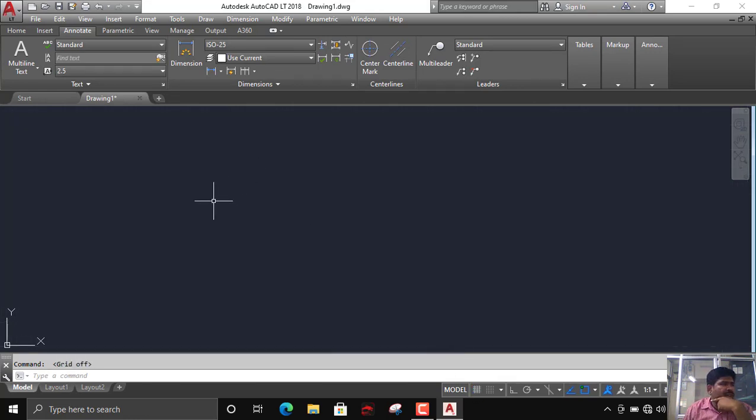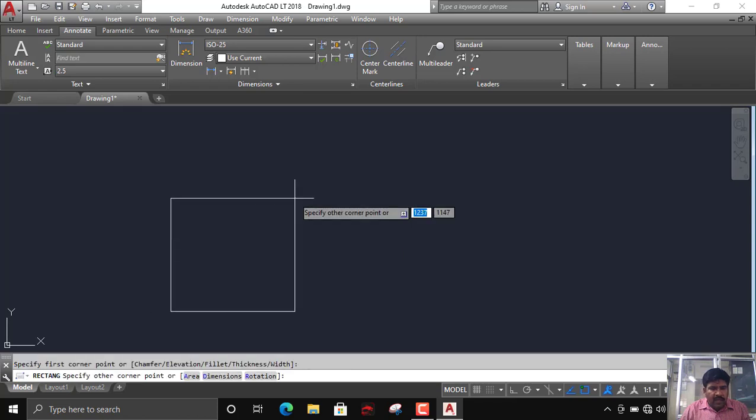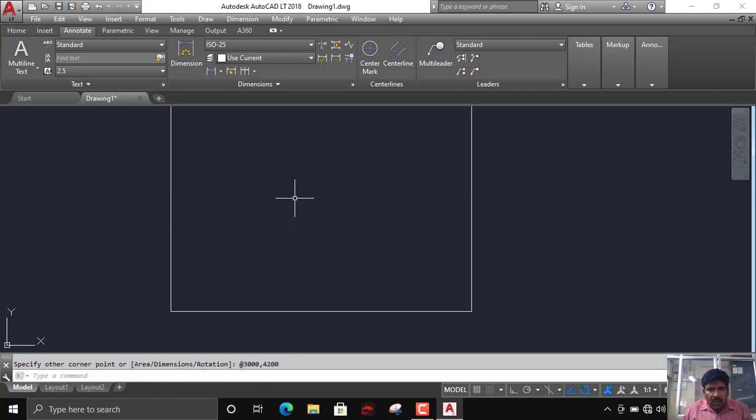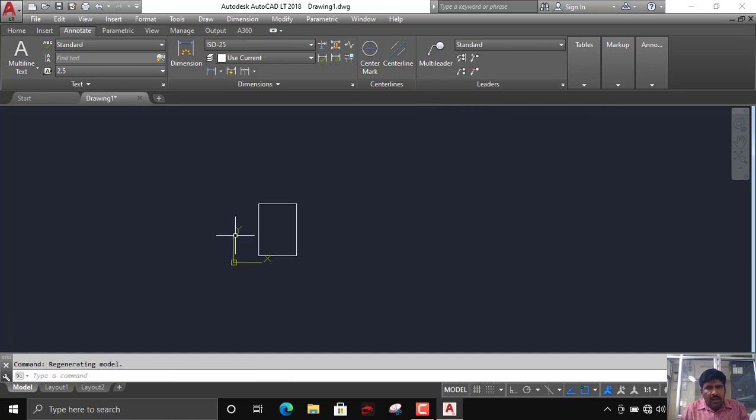So the first thing is I need to draw the given line diagram. For that I will just use a rectangle. First is 3000 comma 4200. This is the first rectangle.